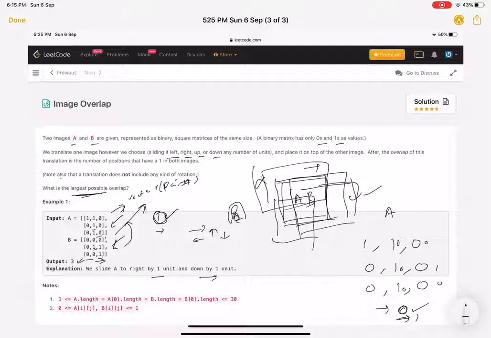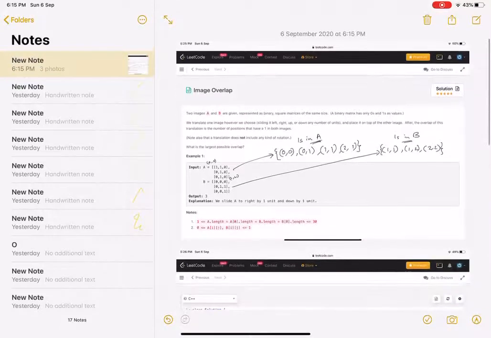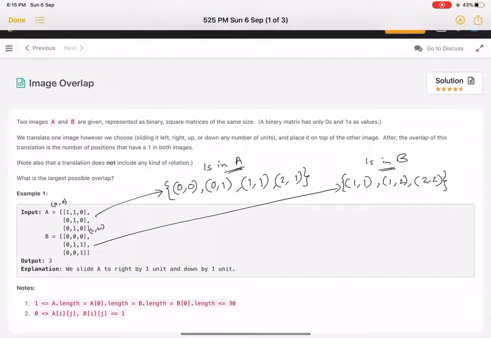For simplicity I have already done it. Let's quickly see how it looks. Here you can see, if the top coordinate is 0 0 and this is 2 2, then after counting all ones in A, what coordinates do we get?